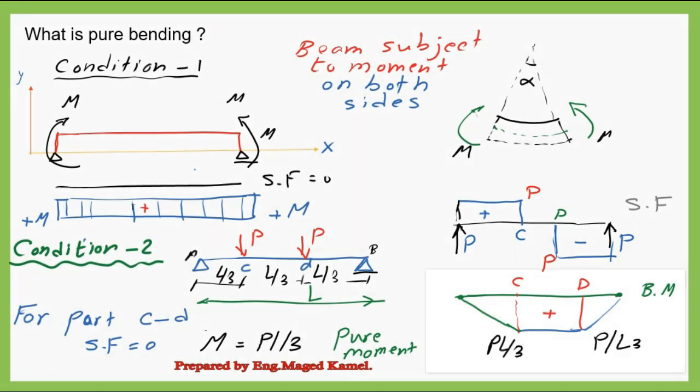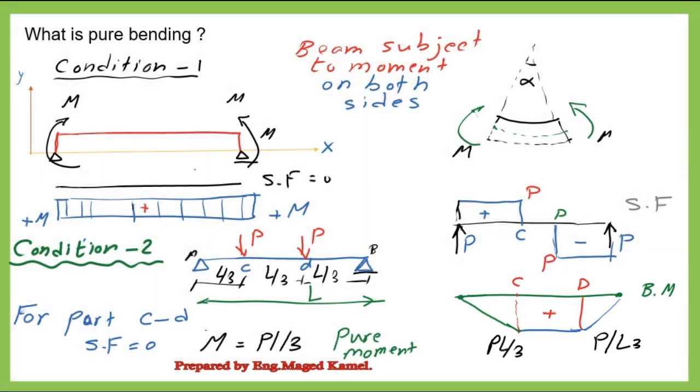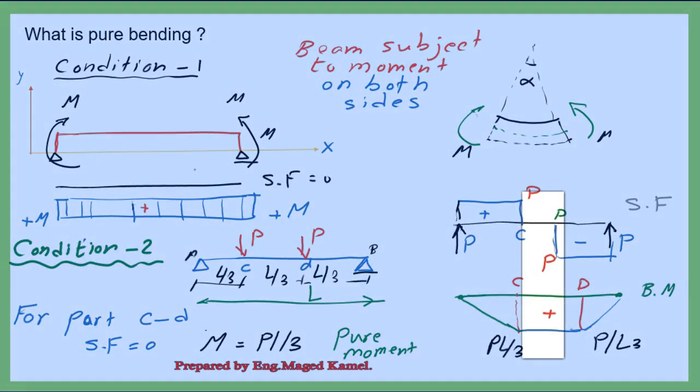While for the bending moment diagram, as you can see, we have B multiplied by L over 3, and BL over 3. This is the positive bending moment which we have. So for the intermediate section, it will be having bending moment while the shear force between C and D is equal to 0. This is the second case of